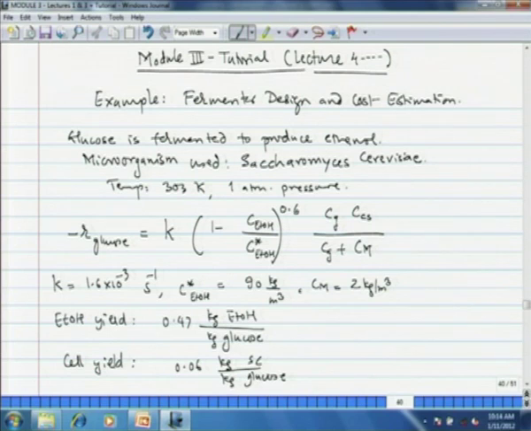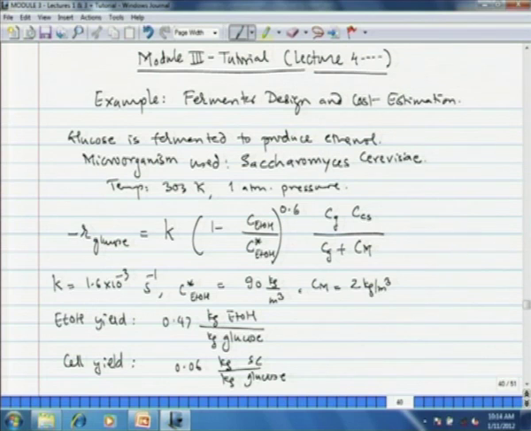to 0.6. Now, this process is self inhibitory, which means the ethanol that is formed in the process kills the bacteria, and therefore, at certain concentration of ethanol, all the bacteria are killed and the glucose fermentation stops. That particular inhibitory concentration of ethanol, C star, has been given as 90 kg per meter cube,